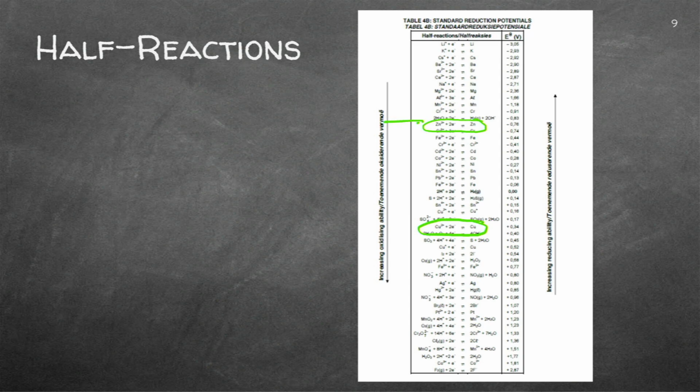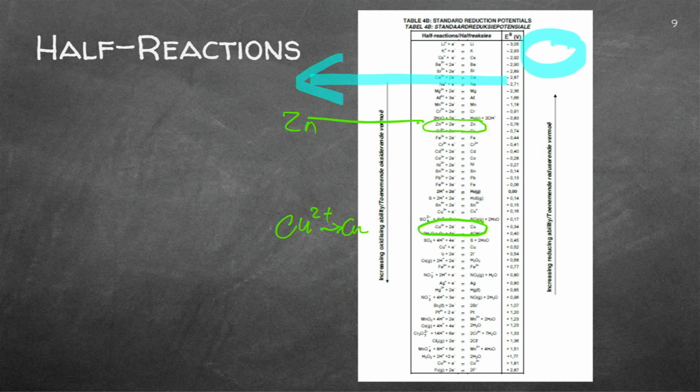But can you see I've got the zinc up there, and I've got the copper 2 plus going to copper this side. So being knowledgeable about the fact that this is the stronger reducing agent, we know that reaction will go that way, and I can actually write down then, I've got zinc 2 plus 2 electrons, and this is exactly how it's written in this table. But you know it's not going both ways. You don't have the forward and the reverse reaction. It's only going that way.